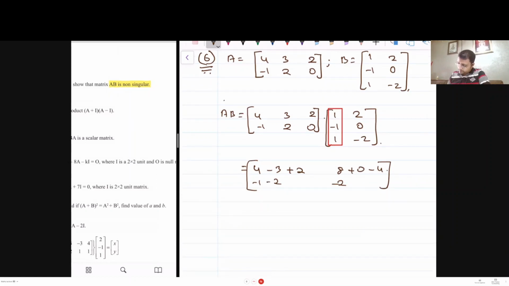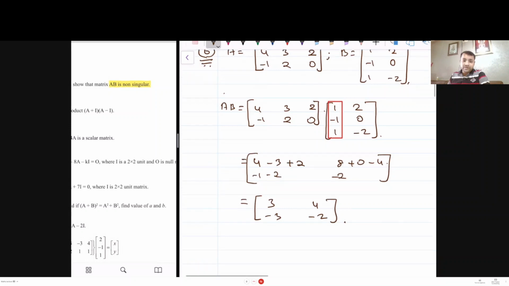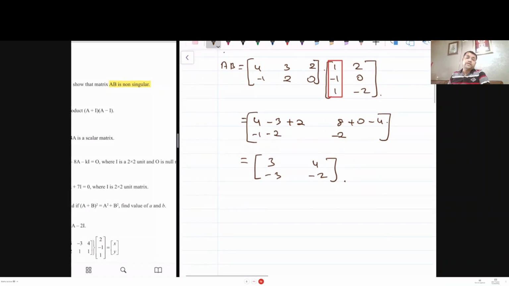Yeah. So the answer comes over here as 3, 4, -3 and -2. So this is our required value of AB, but this does not show whether it is singular or non-singular. So now I will try to calculate the value of